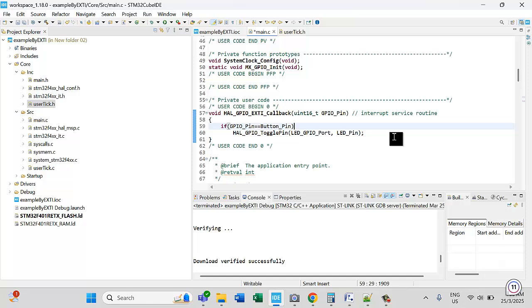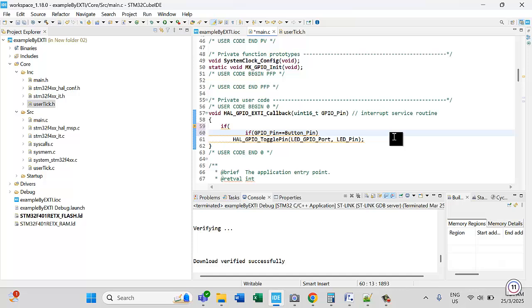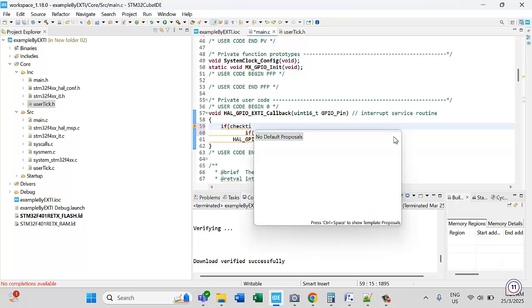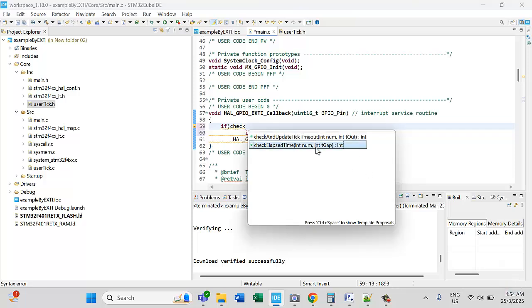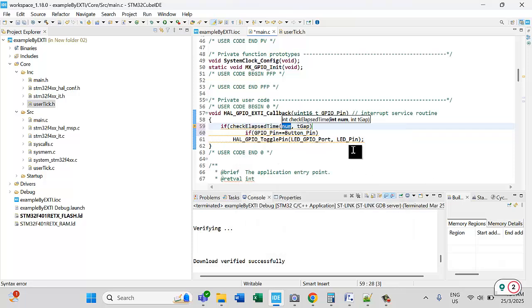But you recheck if that is right, if the time is not out, right? Not out or out, then you sample it. Or maybe you can type if, right? If what? If the check elapsed time. Okay. So we set to